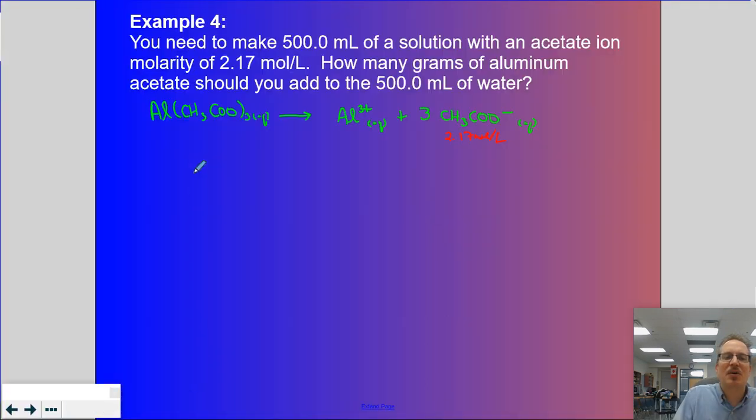Now, we don't have to always solve for the substance on the left. We can honestly have any concentration and this process will work. So I can find right away the concentration of aluminum. If I know the concentration of acetate, I can find the concentration of aluminum acetate. And so to find the concentration of aluminum acetate,